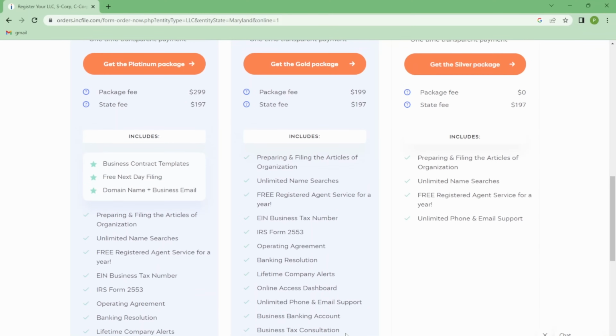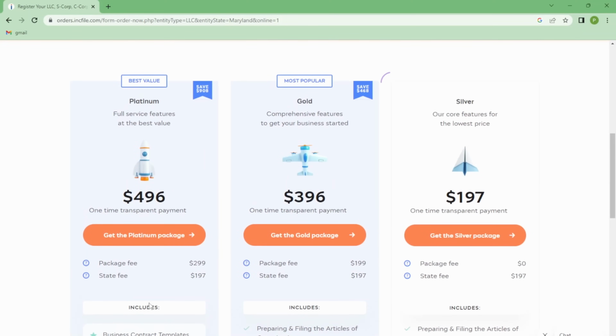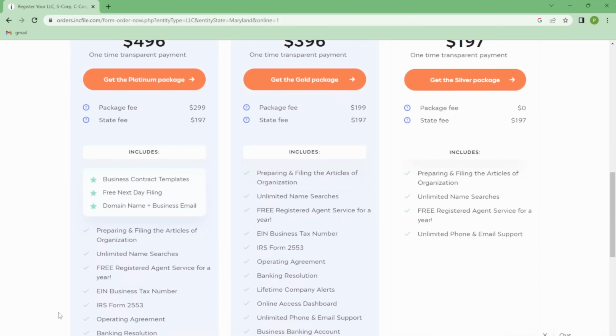Let's see. And the best value is the platinum. They offer business contract templates. It says free next day filing, domain name plus email. If you haven't made your business website or purchased a business domain name, this probably is a good package for you, just because that stuff can get costly. Like, I created my business website and all of that prior to filing my articles, which, I'm going to tell you later in the video, was the worst mistake. But